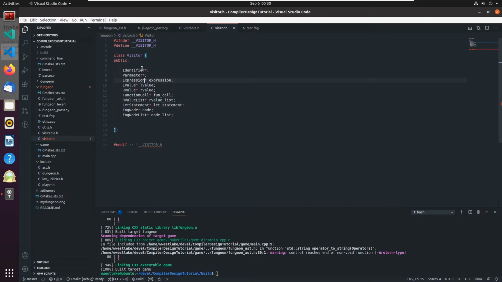Expression, maybe. No, not expression. L value and R value, no, they don't have anything on them. Function call, R value list, no. Let statement, identifier, parameter, function call, let statement is all we really have for the moment. All right, so